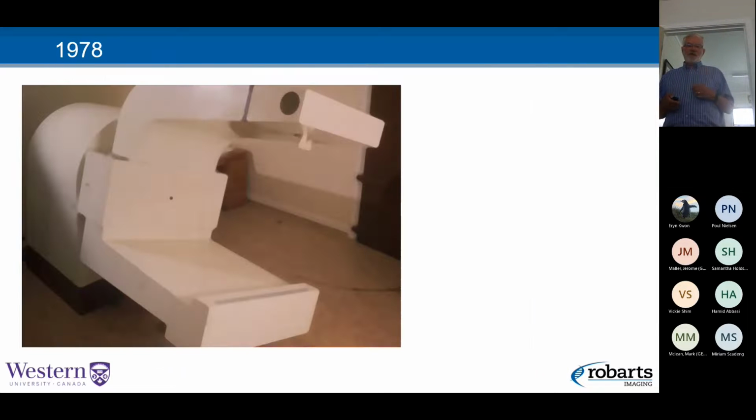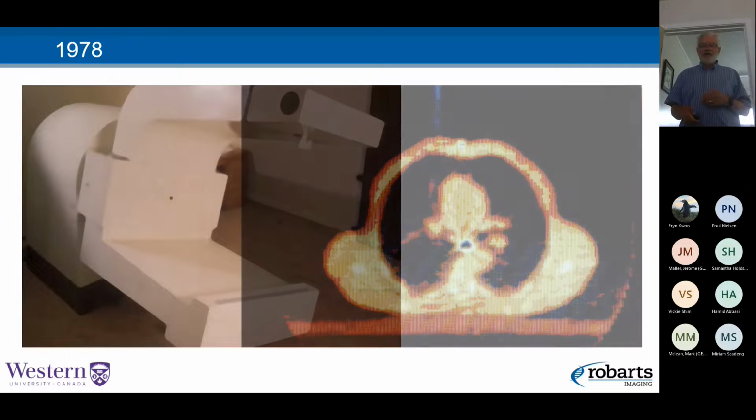And a few years later, we had turned this bench prototype into an operational clinical prototype, where we had taken the motor drive of an old cobalt therapy machine that had been decommissioned. So we got rid of the cobalt bomb, but we left the motor drive, this thing you can see at the back, built an aluminium framework for the detector down here and the X-ray tube up here, and we ended up with